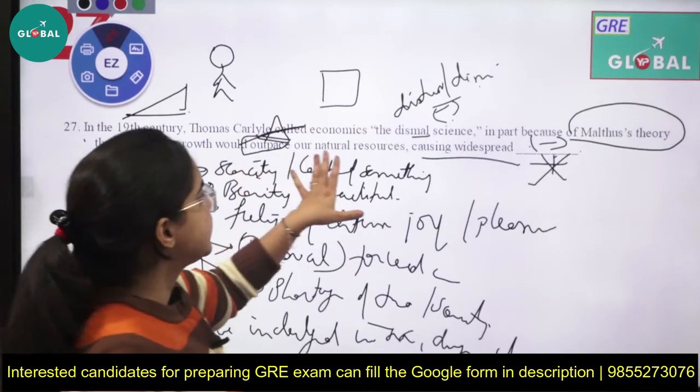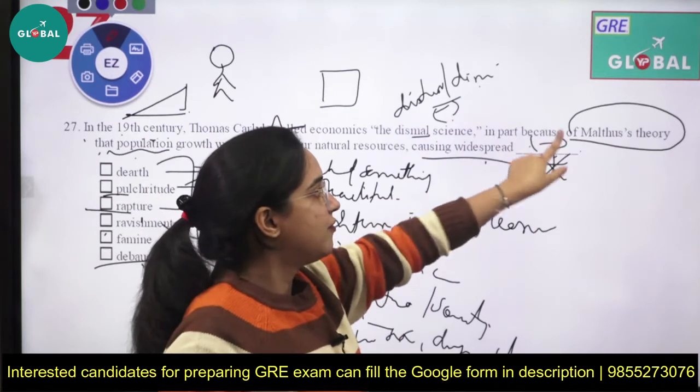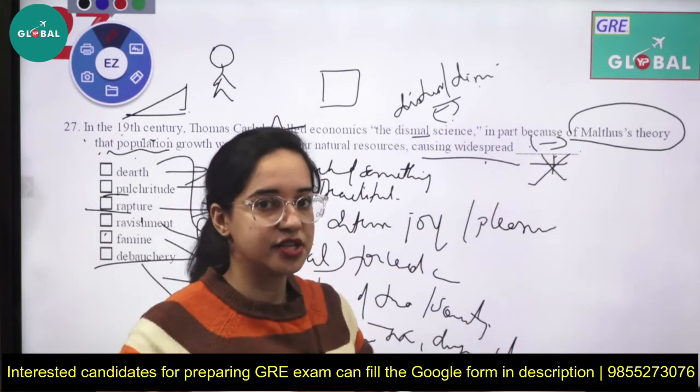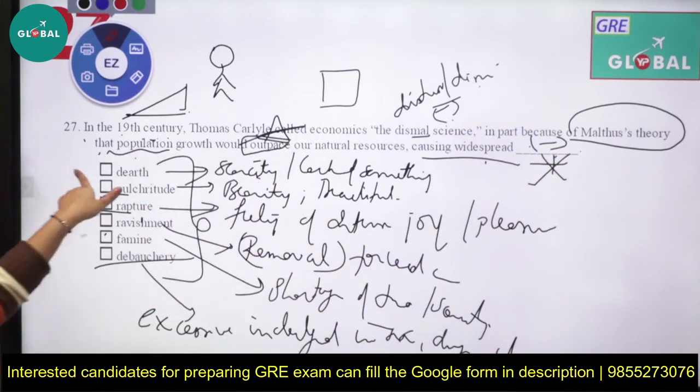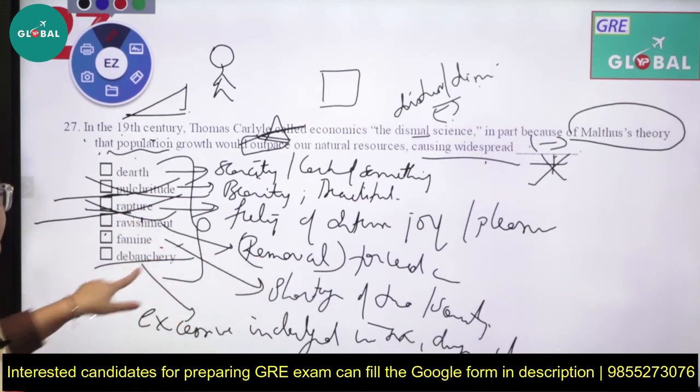रहा है। इस वजह से नेचुरल रिसोर्सेज कम होंगे, पॉपुलेशन आउटग्रो कर जाएगी, जिस वजह से बहुत ज्यादा वाइड स्प्रेड क्या होगी, कमी हो जाएगी, स्कार्सिटी हो जाएगी। ऐसा वर्ड चाहिए हमें, ब्यूटीफुल वर्ड नहीं चाहिए, एलिमिनेटेड एट वेरी एंड। रैप्चर पॉजिटिव वर्ड नहीं आएगा, एलिमिनेटेड। कोई यहाँ पे इंडल्जेंस ऑफ ड्रग्स, अल्कोहल, सेक्स किसी की नहीं हो रही है,